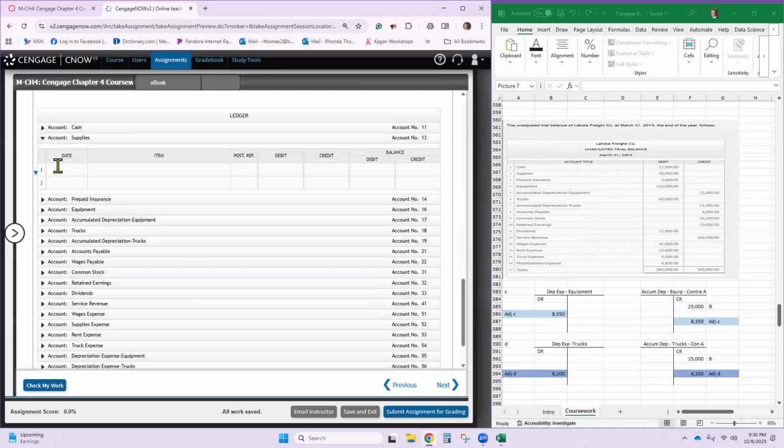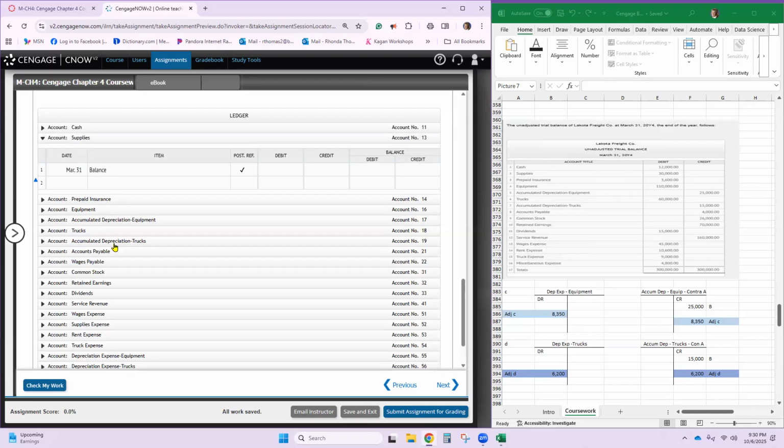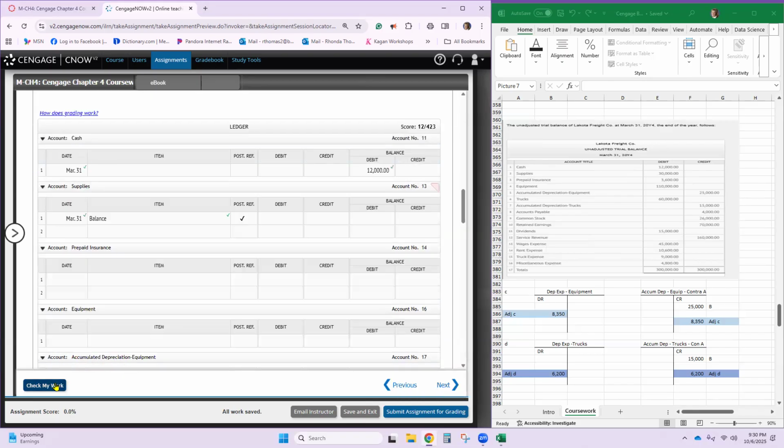Go to supplies. Supplies has 30,000 in it. Put March 31st. There's a check mark here, which shows that that's the balance. Sorry about that, I'll go back to get cash in a minute. I'd like to put balance, but let me see if they care if we put balance there.